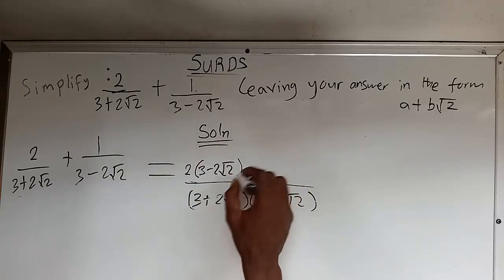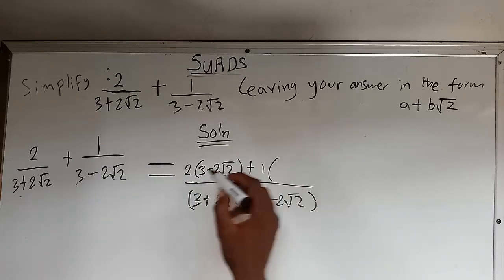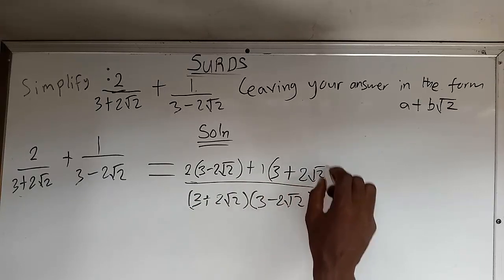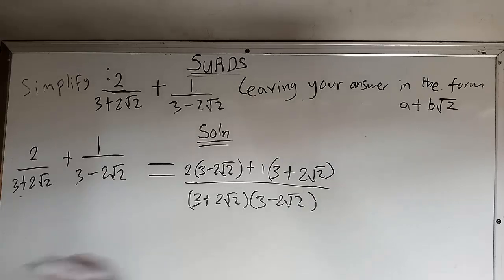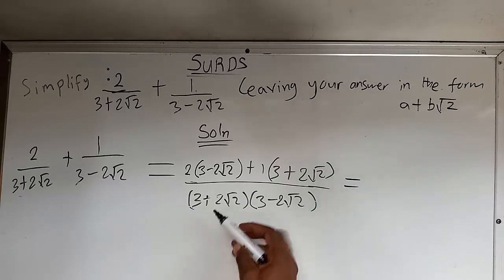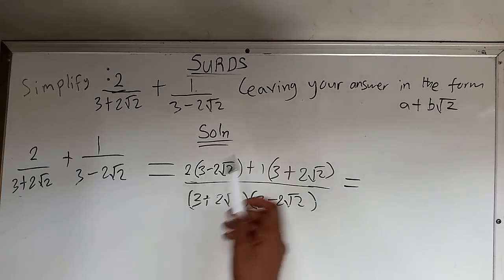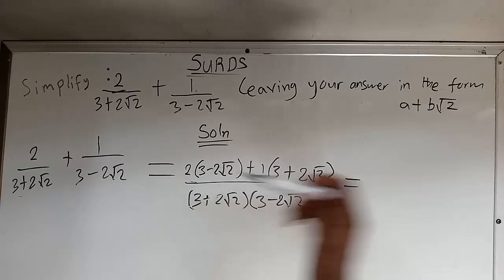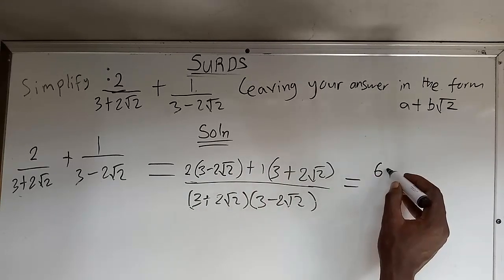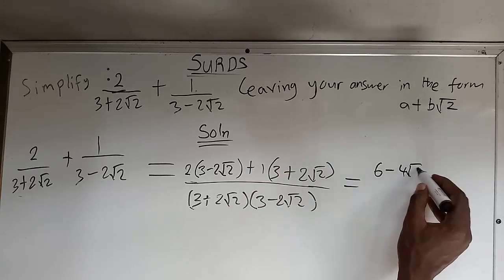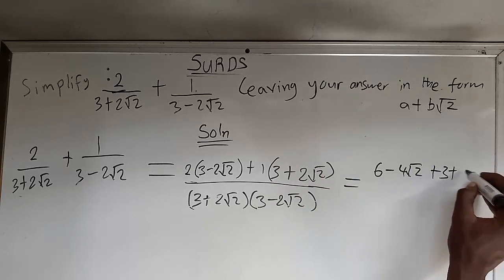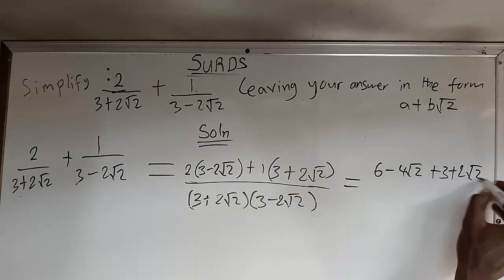So plus 1 times 3 plus 2 root 2. Now the next thing we have to do is to expand. So we expand this to obtain 6 minus 4 root 2, then 3 plus 2 root 2,